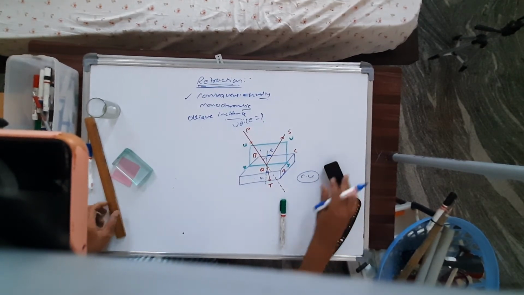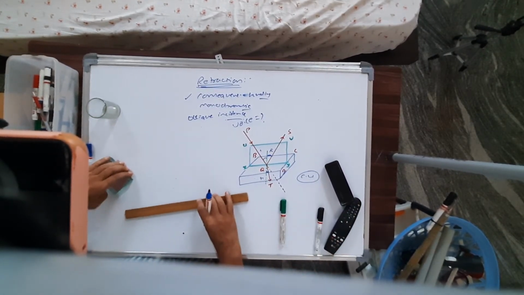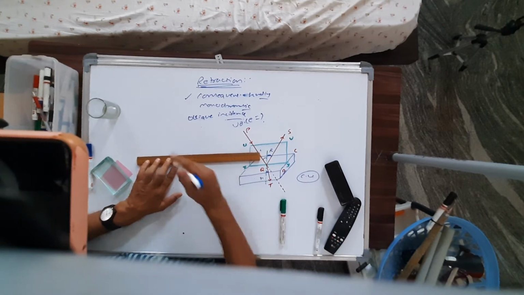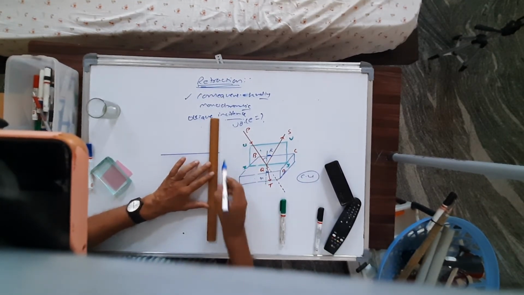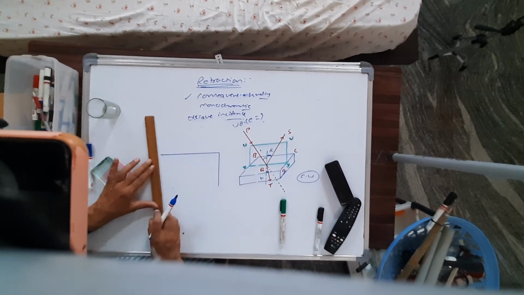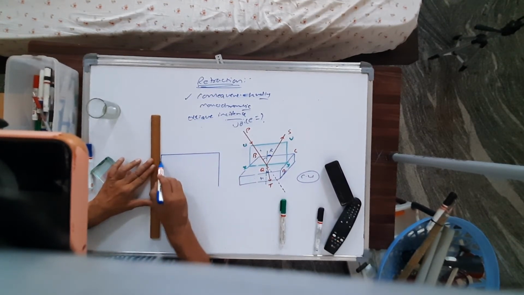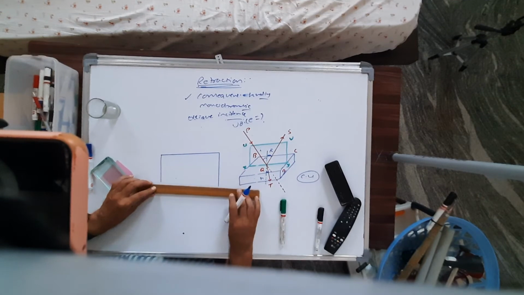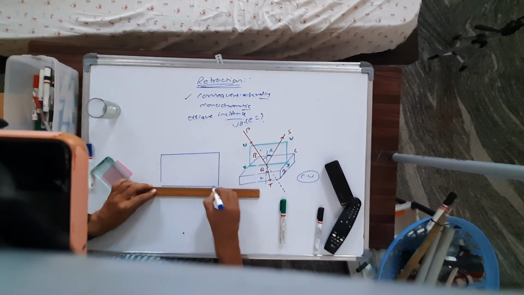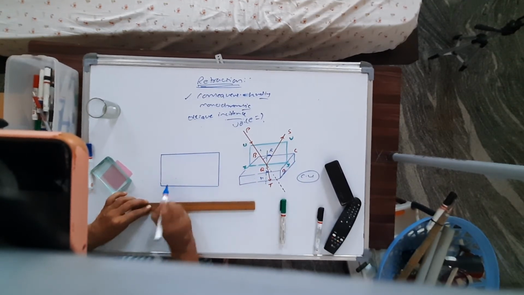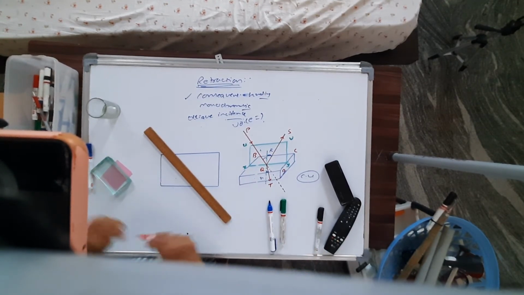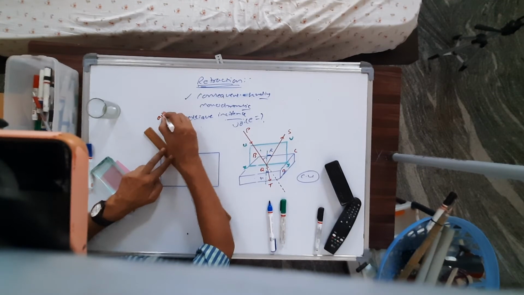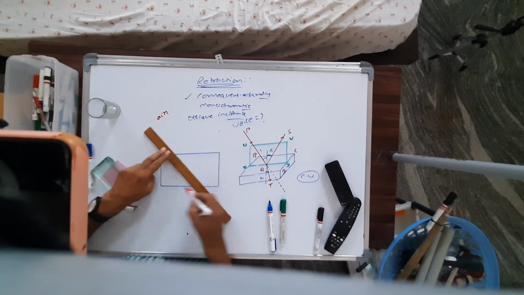Okay, good. Now look, let a ray of light travel from rarer to denser medium, say from air to glass. Then surprisingly it is found that, teaching this in the state syllabus is different, teaching in CBSE is different. What I am teaching is according to the CBSE book. Let a ray of light travel from air to the glass. Say this is glass.